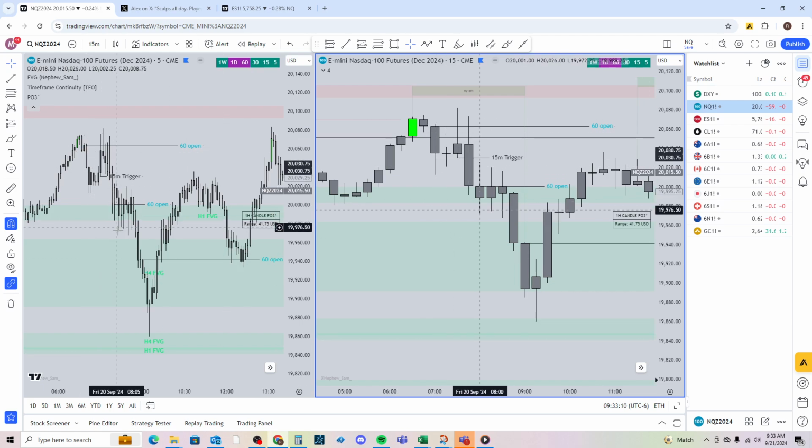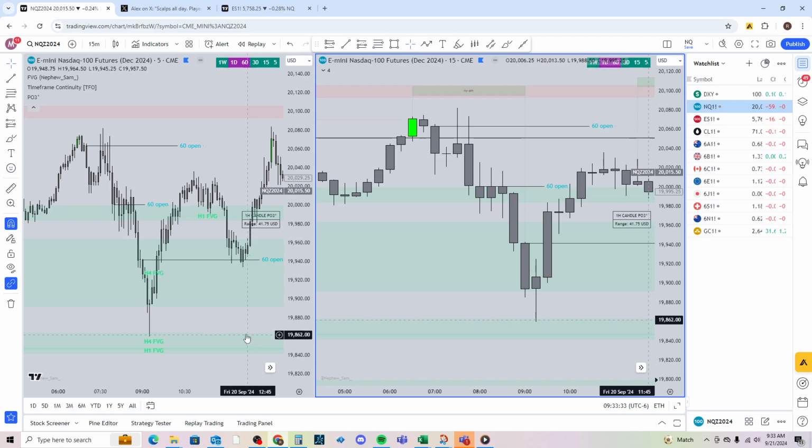So price comes all the way down. Again, we're below the 60-minute open here, but this is why it's important to have two time frames up, at least two. I think a lot of people will tell you probably need to have four up there so you can have the full picture. But we do end up retracing down and tap into another internal range liquidity, fair value gap, which